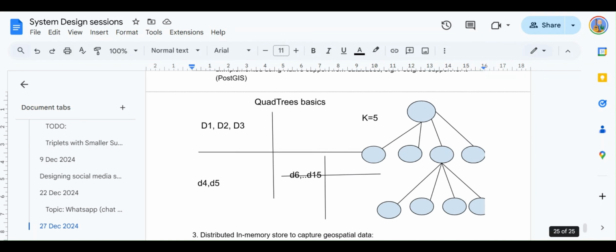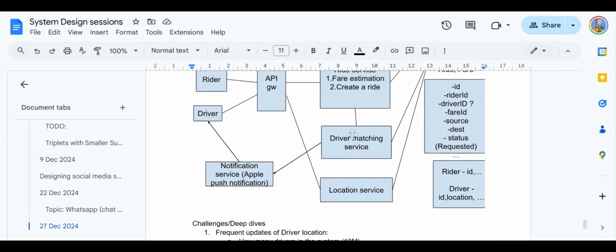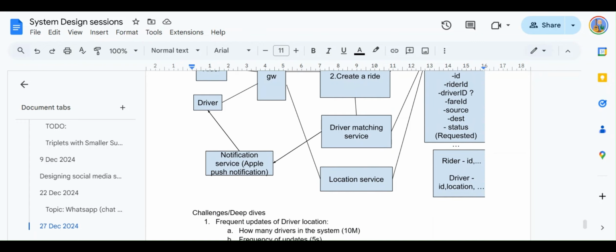That is pretty efficient and should work in the order of milliseconds. But the driver matching service is also going to use a matching algorithm. For example, it might internally consider whether the driver has a better rating, and there are multiple criteria that we can add into our algorithm. So it's a search and ranking algorithm basically.